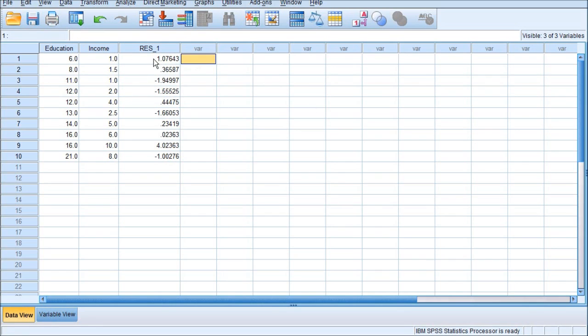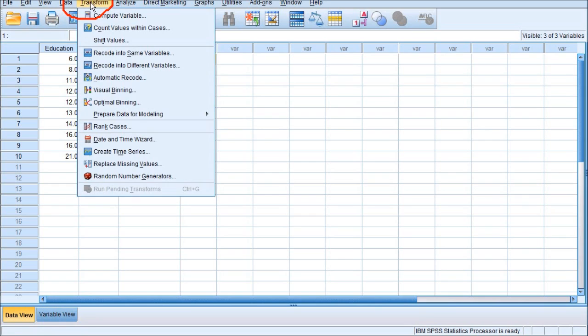Let me show you how to do it. It's step 18 on your SPSS instructions. Select Transform here. Transform and Compute Variable.